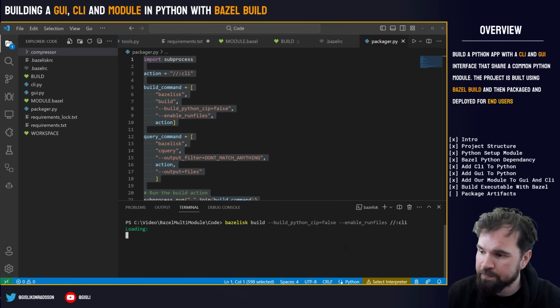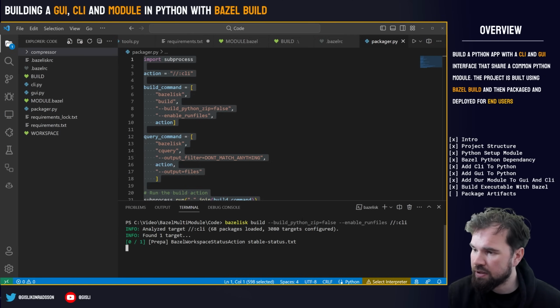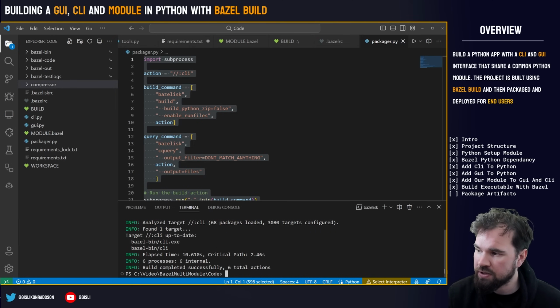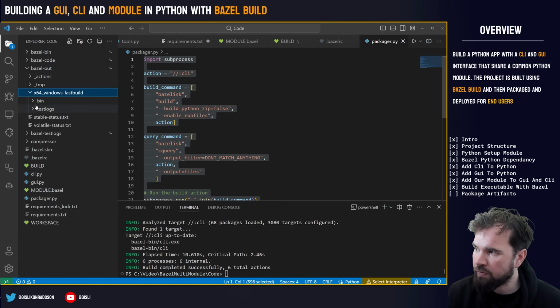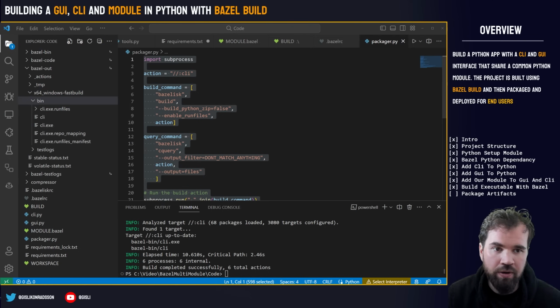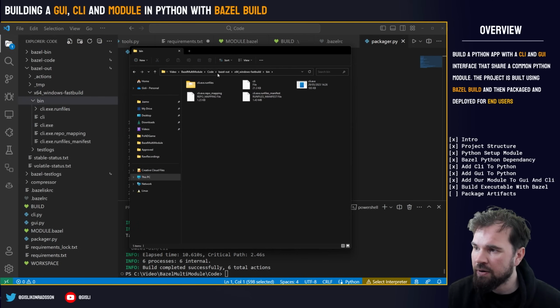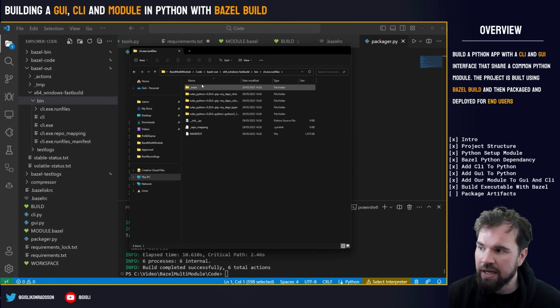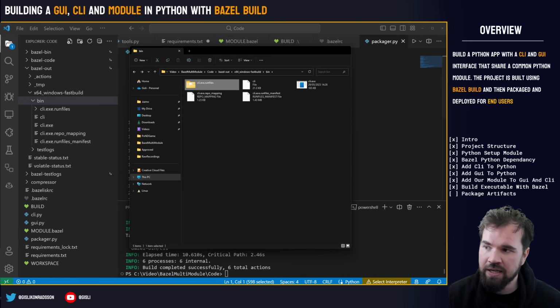So we run this, and we are running it so that it should show us the outputs here. We take a look at the output folder under binary. If I go in and take a look at this in the Explorer, you should see that I don't have a zip file anymore. I have this folder here, I have the executable file, and I have this folder called CLI exe run files, which contains everything that was inside of the